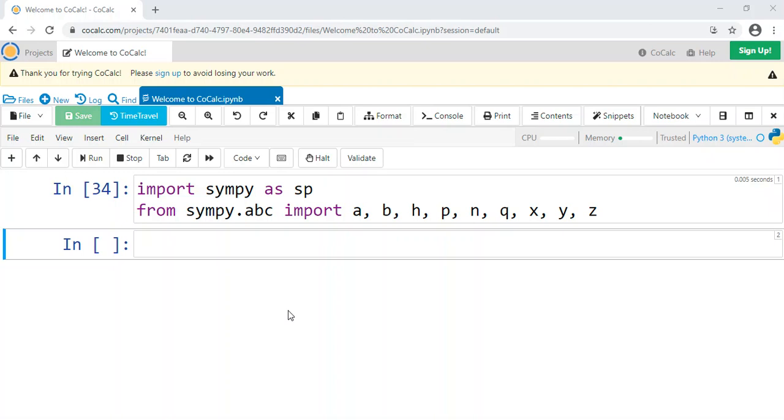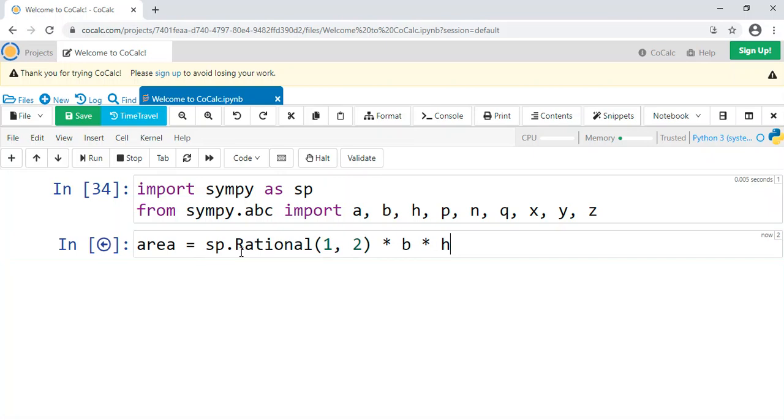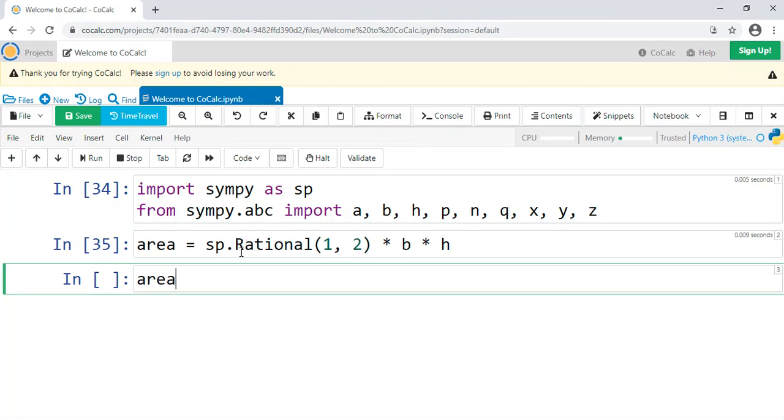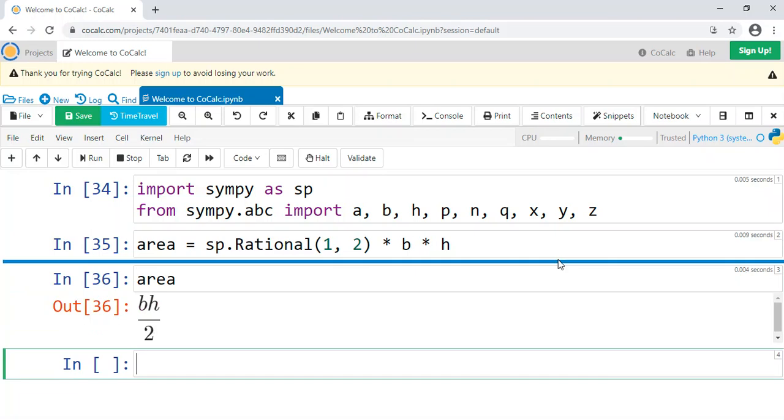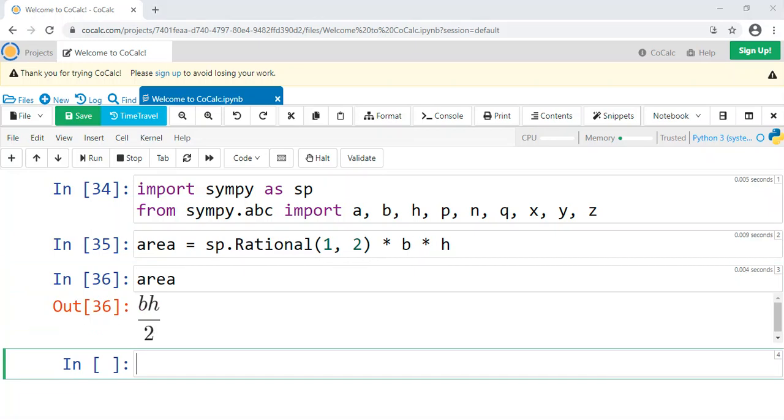So let's make a variable called area, and let's store inside that variable sp.Rational(1, 2) times b times h. Okay, so that's 1/2 base times height. And if we run it, it'll just store it. Now let's go ahead and see what it looks like. So there it is, bh over 2, looks great. Because that is 1/2 base times height.